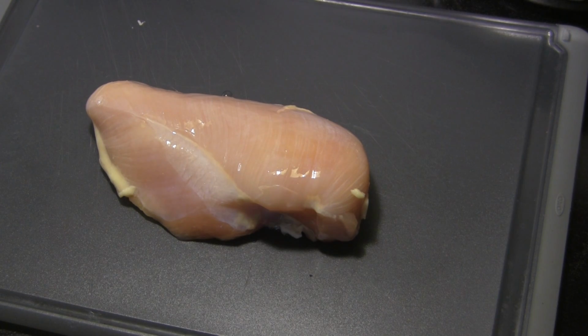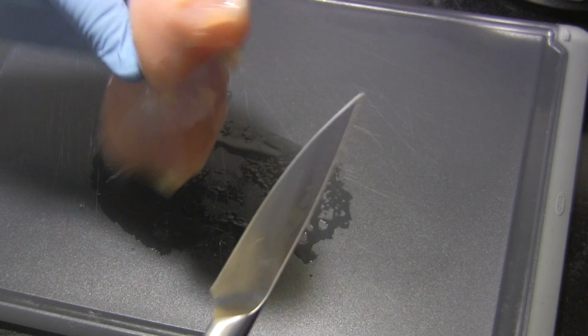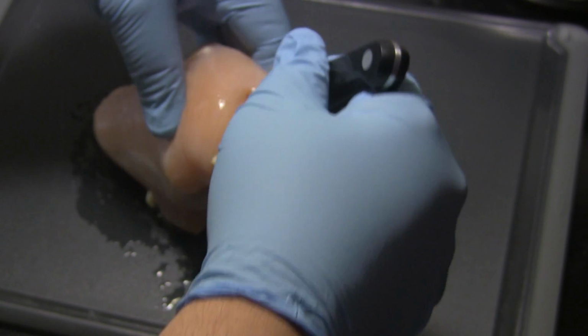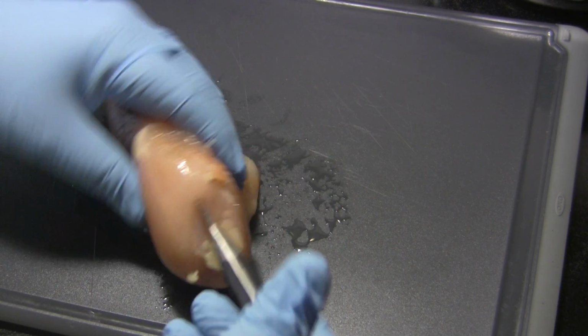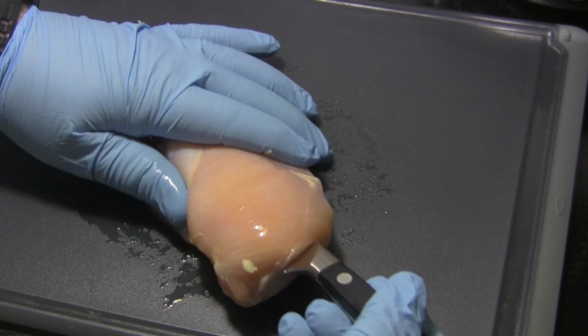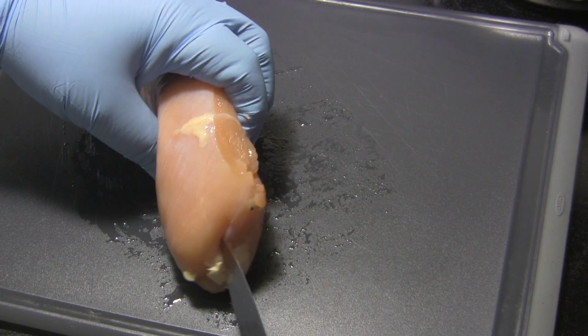I've taken my chicken breasts out of the brine, and what we're going to do to prep these is I'm going to come into the large end with a sharp knife. We're not going to cut through to any of the edges. We're just going to create a nice hole that we can use to stuff our stuffing in. I'm not going to butterfly it or anything. We're just going to get a nice good slit in there,